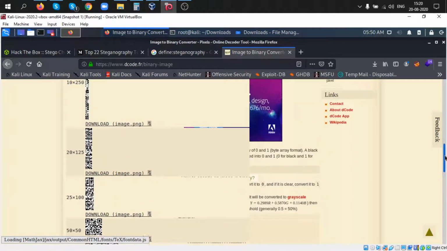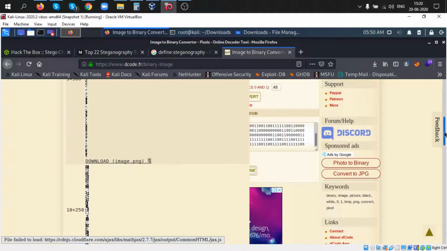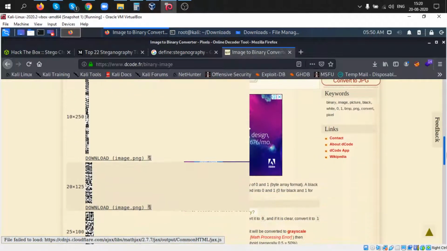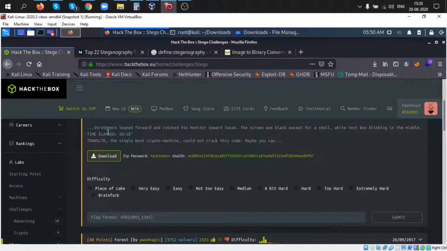It gives me this type of image. Download the image too. Looking at this, the hints given were the 50:50 ratio, the text box blinking in the middle, and the time elapsed, the translator, the single base crypto machine could not crack this code.